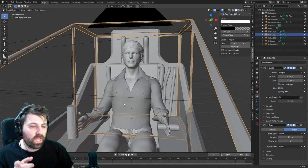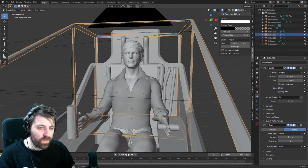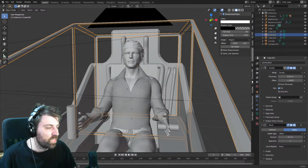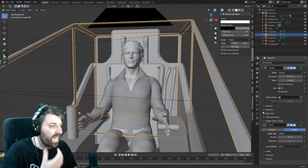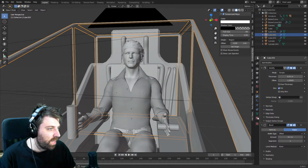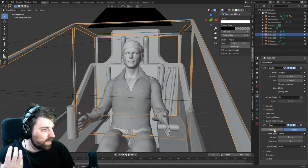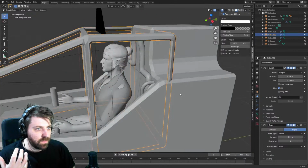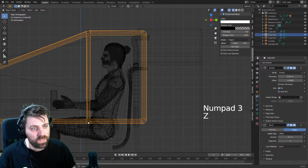Now, one thing I do like with the snow speeders is there's actually pipes coming through this top area. And that's what I'm going to add as well, just to give it a little bit of extra detail. And what we'll do is we'll probably have a pipe that comes through there. I'm going to add a little bit extra to the solidify. I think it's a little bit small. And what else could we do? Maybe